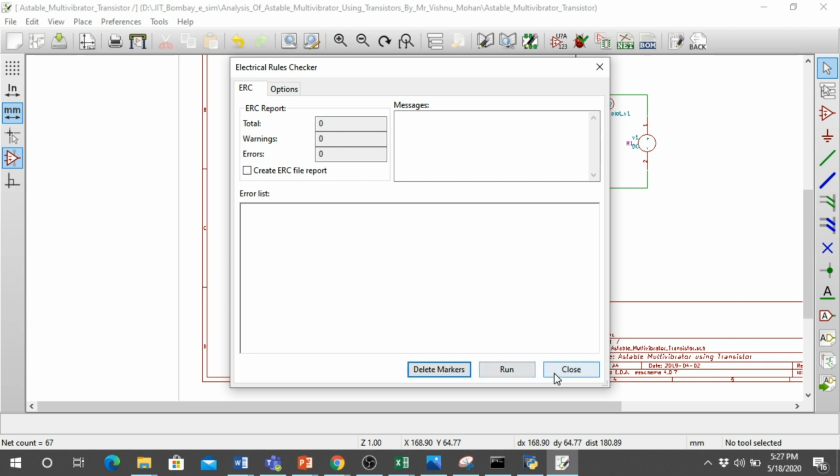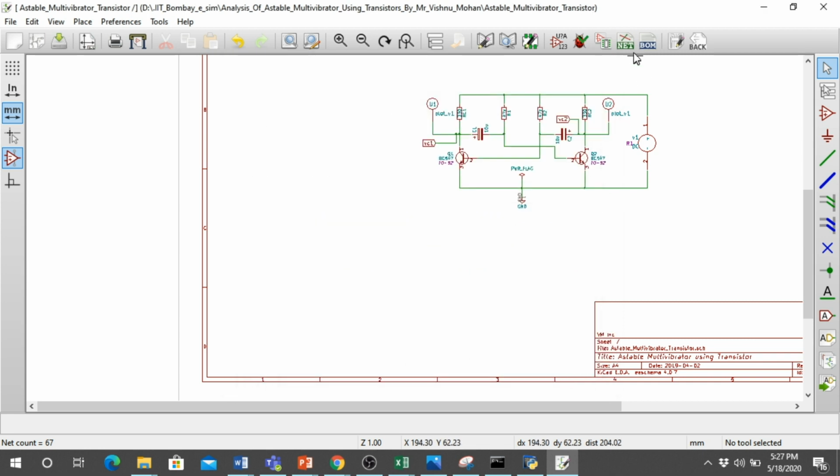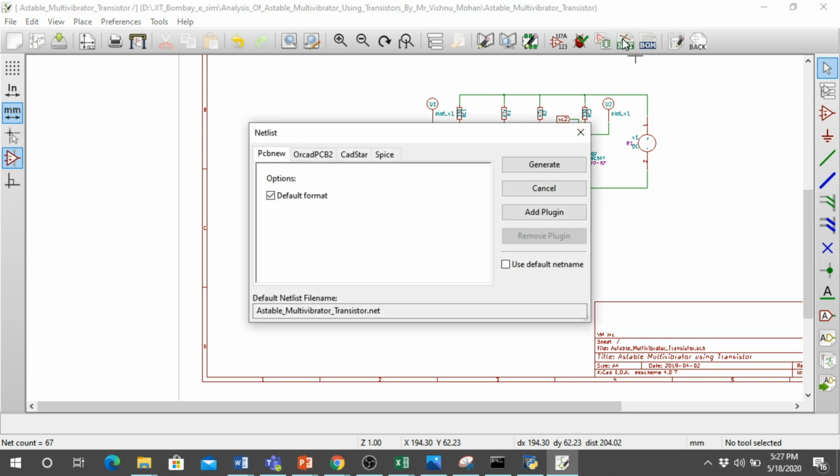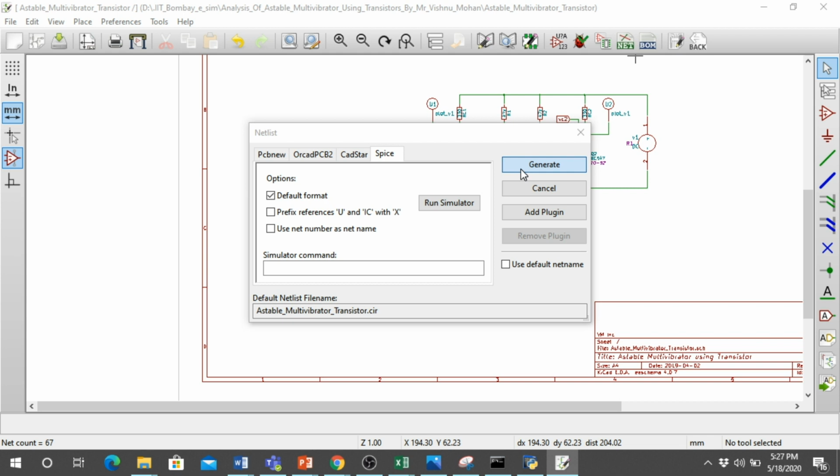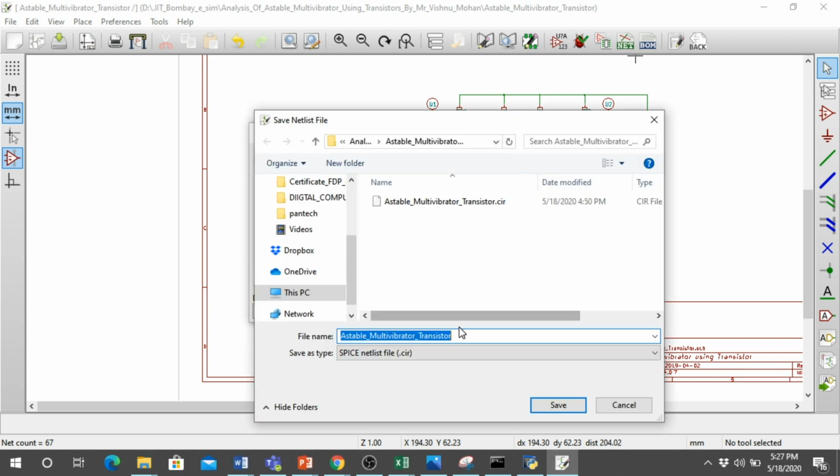Delete the marker, then close it. Then you have to click the netlist. In the netlist, select SPICE. In SPICE, select the default, then give generate. By default, it will be saved under the same project name, so no need to change anything. Just check whether it is saved as .cir. Then just give save.